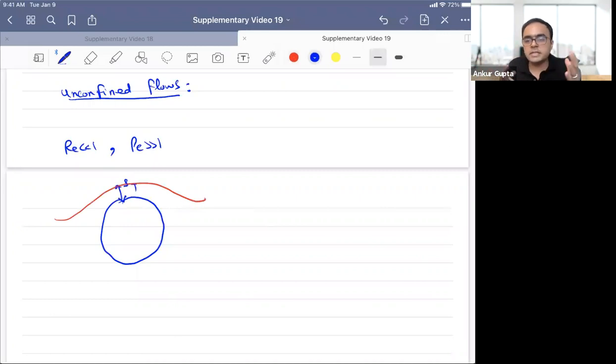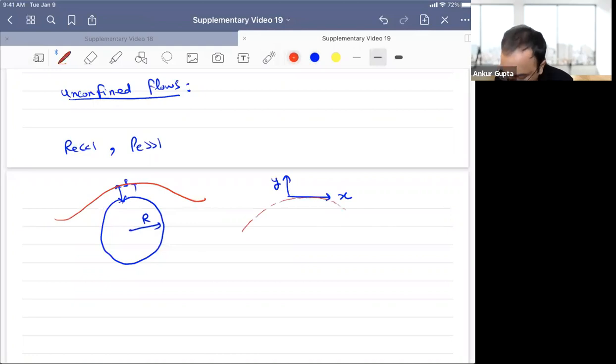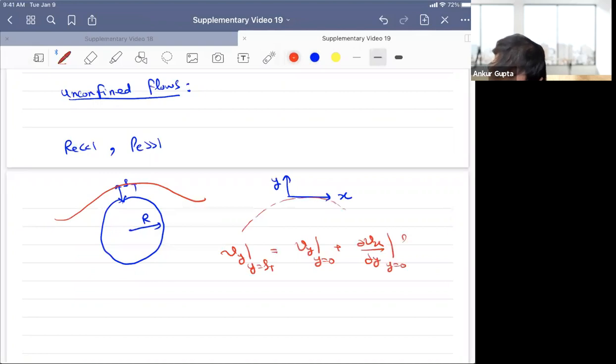So basically the gradients are only present at the length scale of the radius of the sphere. So the main thing is that we know that the velocity changes at the length scale of the sphere. So now our x would be the theta direction and y would be on the surface. So kind of like this, right? And we'll say again Vy at y equal to delta t is Vy at y equal to 0 plus del Vx by del y at y equal to 0, delta t, and so on. This is no slip